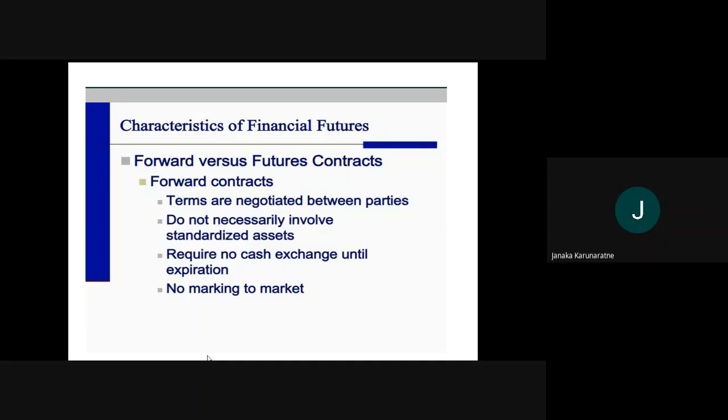But if you want to do it through a forward market, you get together and decide on the right price for you, as per your requirement. They require no cash exchange until expiration and no marking to market. Because this is not through an exchange, there is no marking to market. It is simply an understanding between the two parties. Now, I can give a very general example,